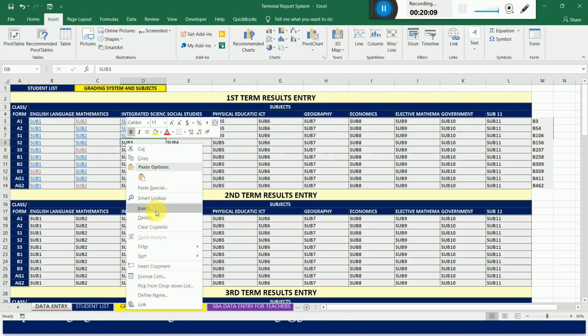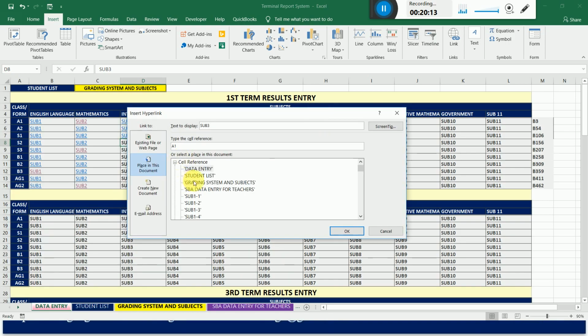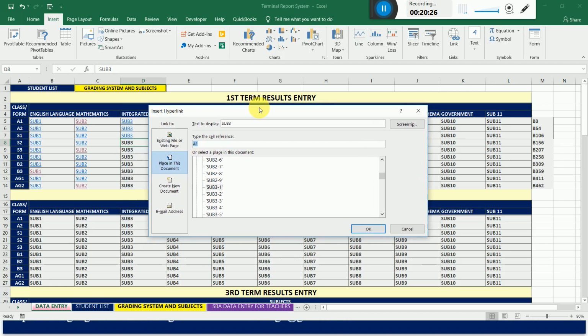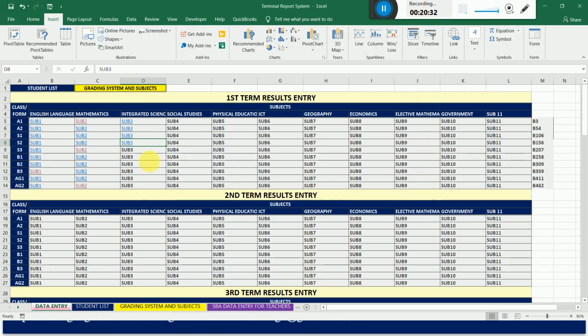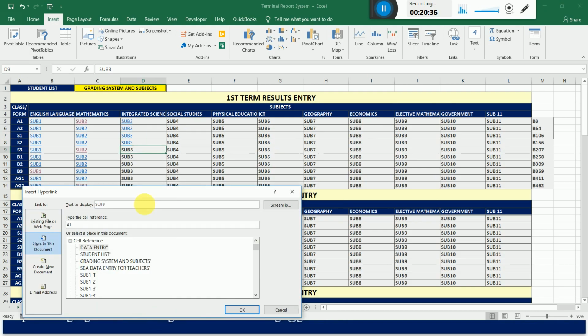Then we go to link. So we're just using hyperlinks for this particular exercise. So S2 is B156. So subject 3 first term. So this is B156. So link again,